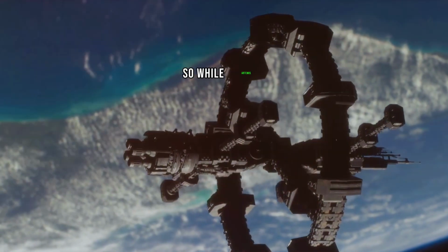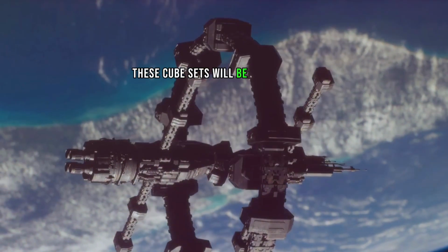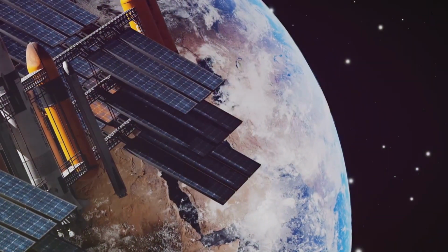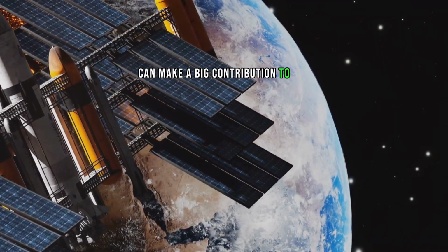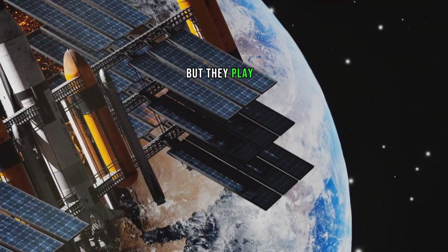So, while Artemis I is making its historic journey around the moon, these CubeSats will be hard at work, conducting research and testing new technologies. Each one is a testament to human ingenuity, proving that even the smallest satellites can make a big contribution to our exploration of space. These tiny satellites may be small in size, but they play a big role in the